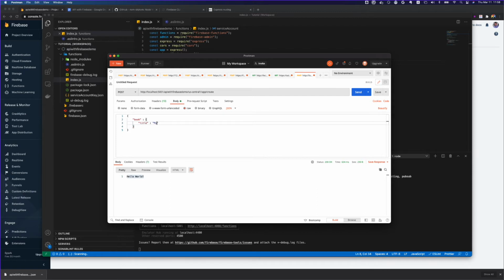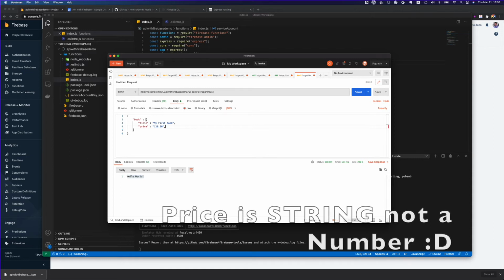It should be my first book. Then we need maybe price, so we can give maybe 120.50. It could be dollar or anything, so I'm just giving it as a number.